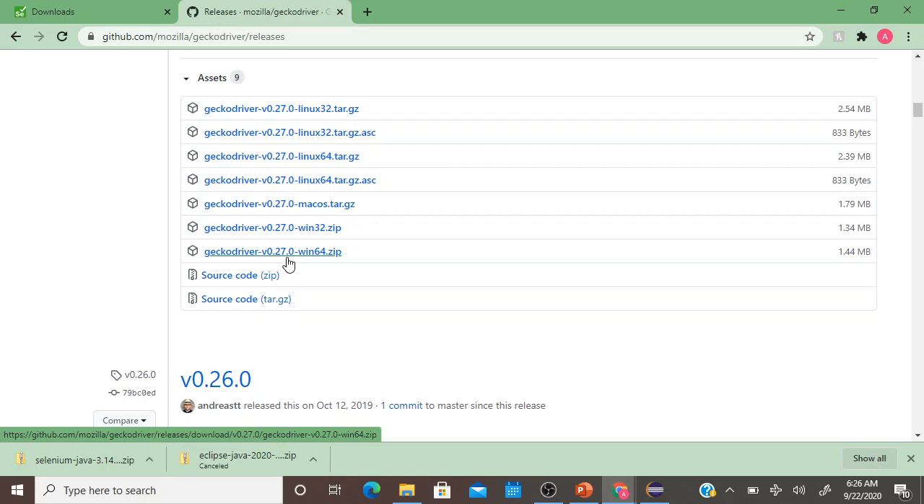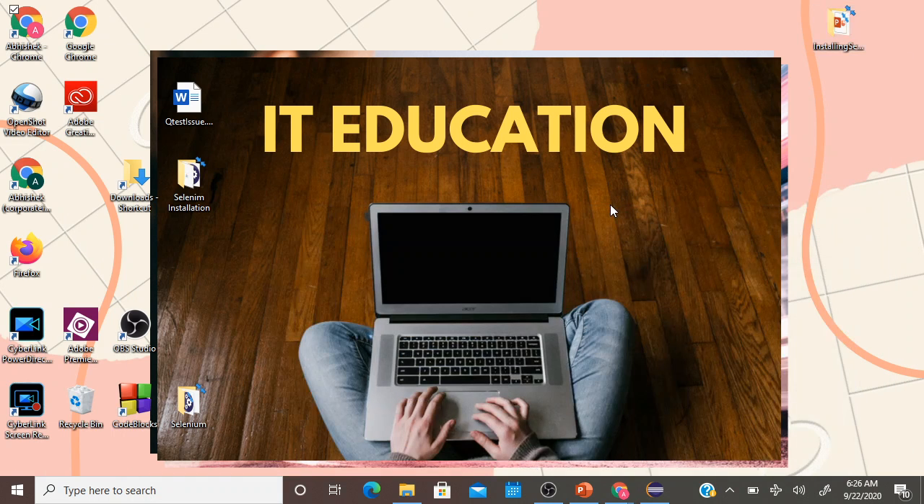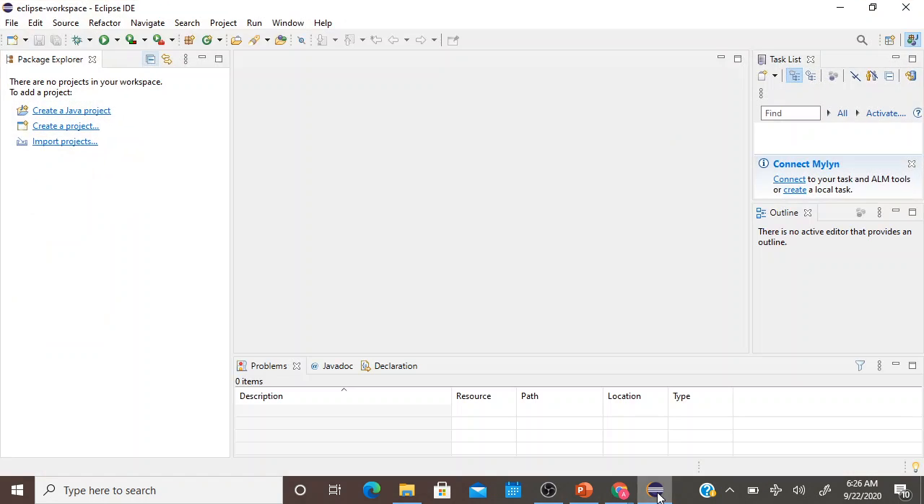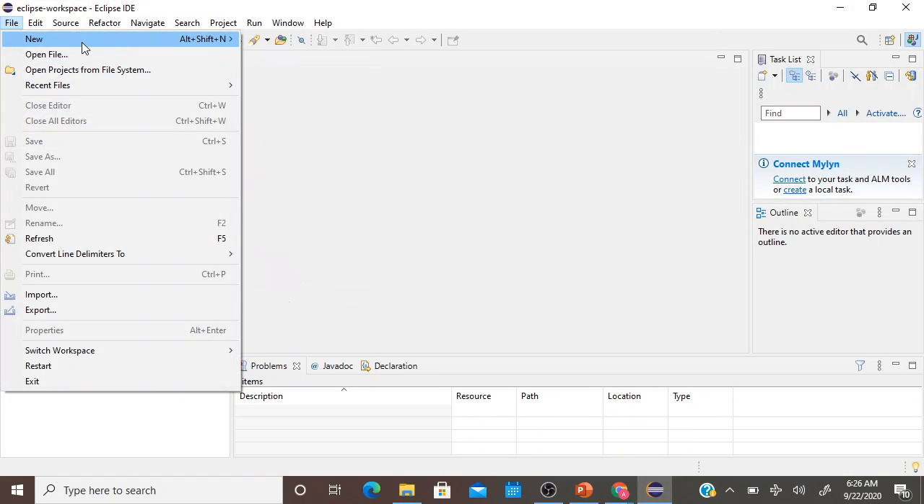Make sure that wherever you keep this file, you know the location of it, because we are going to use this in our installation process. Okay, so we can minimize this now. Now what we need to do is we need to go through our Eclipse. Okay, so first thing, click on File, click on New,